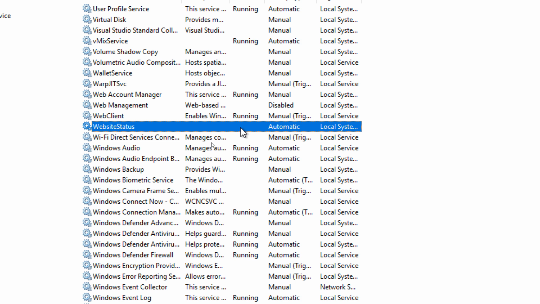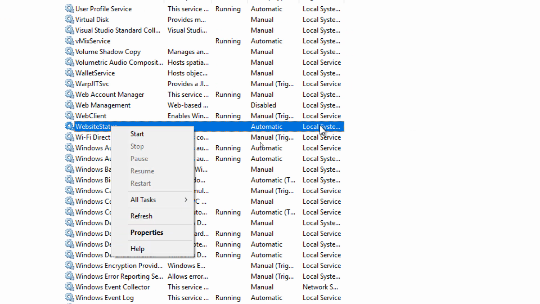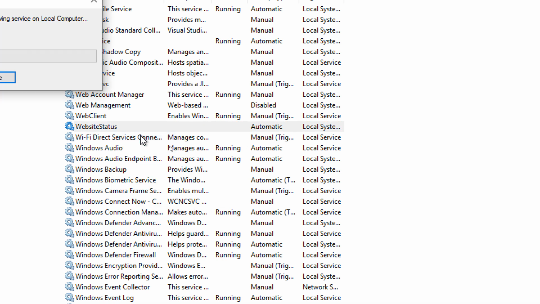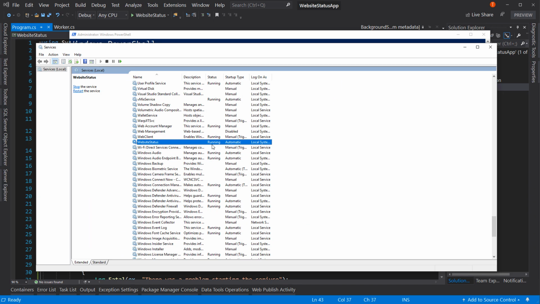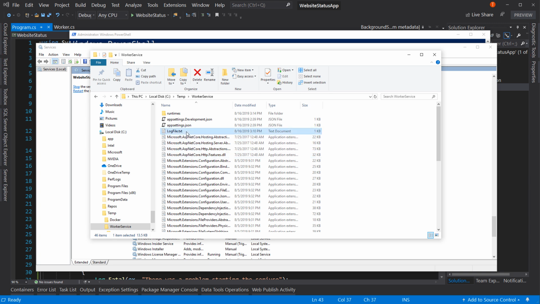By default, when you install something, it does not start. So to start it, just right click and say start. Notice it runs as a local system permissions. So start, and now it's running. If we come back to our worker services and look at that logfile.txt, if